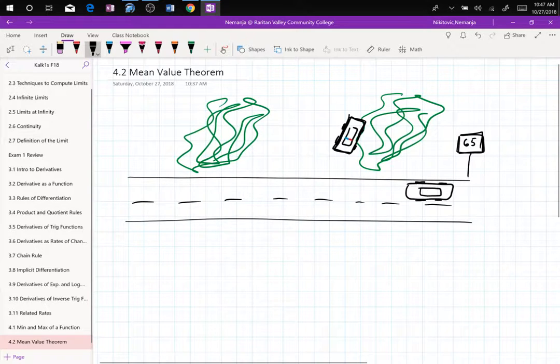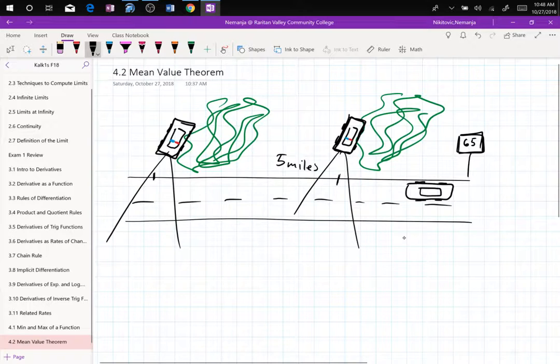Now, in this scenario, I'm going to put 5 miles distance between these two locations, and we'll put another one over here with Christmas lights as well. There we go. So these two speed traps, measuring with, let's say, X band or whatever, are monitoring the speed